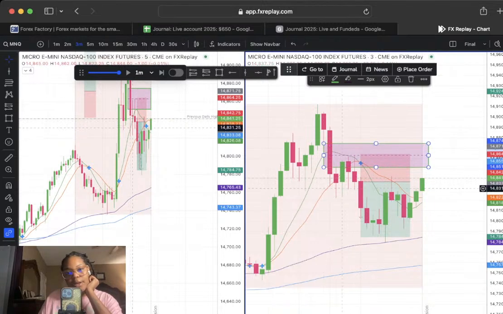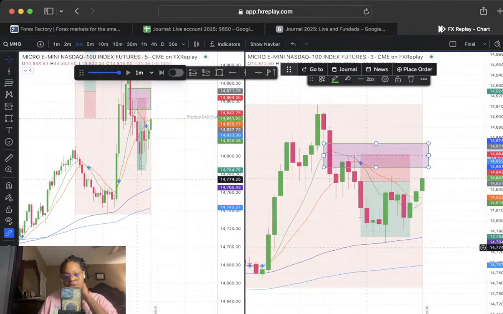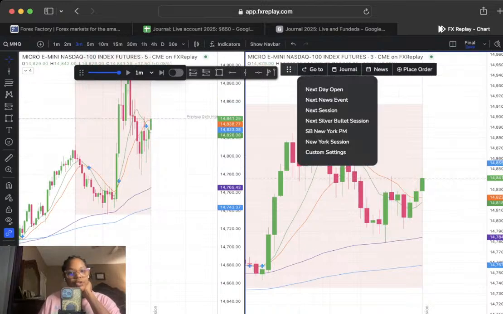It broke a little bit, but not below the 9. Came back in its fair value gap, broke, gave us space between the 9 and the 21, and then I entered a short. Boom, boom, boom. And I feel so much better with my trading.